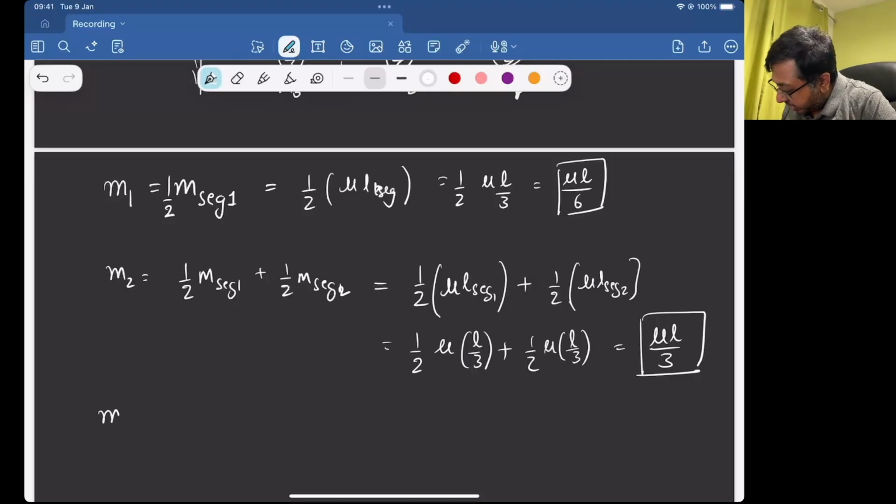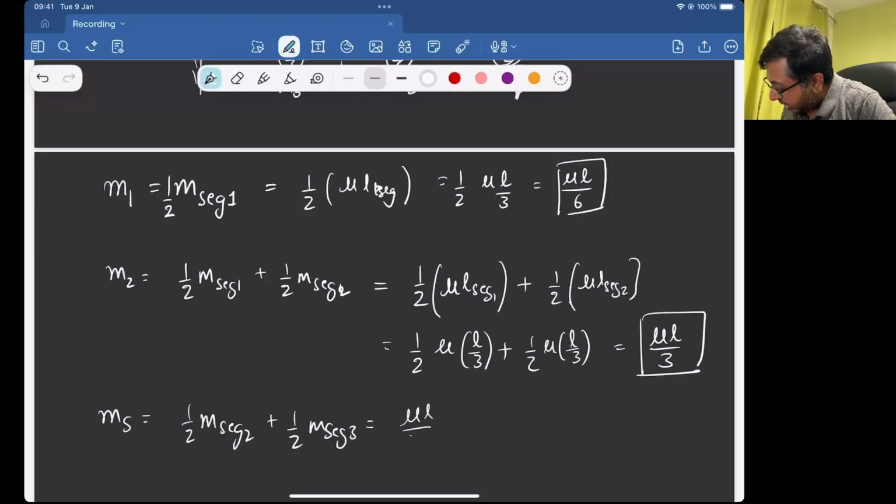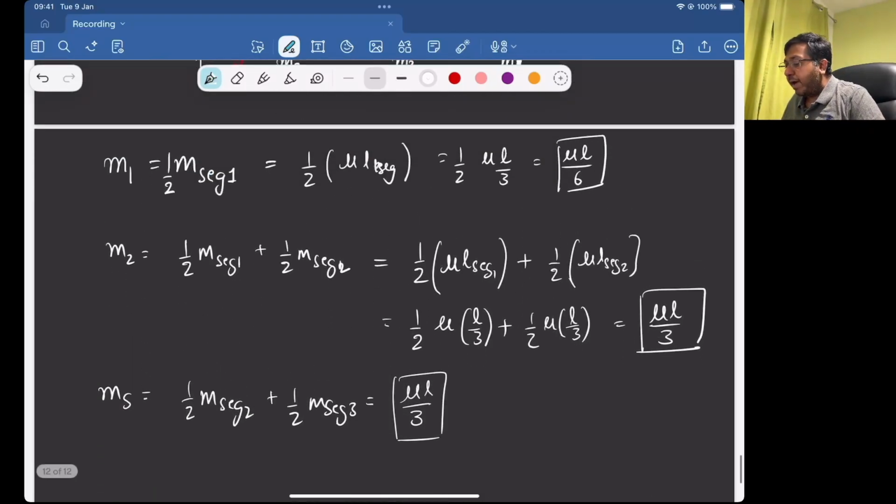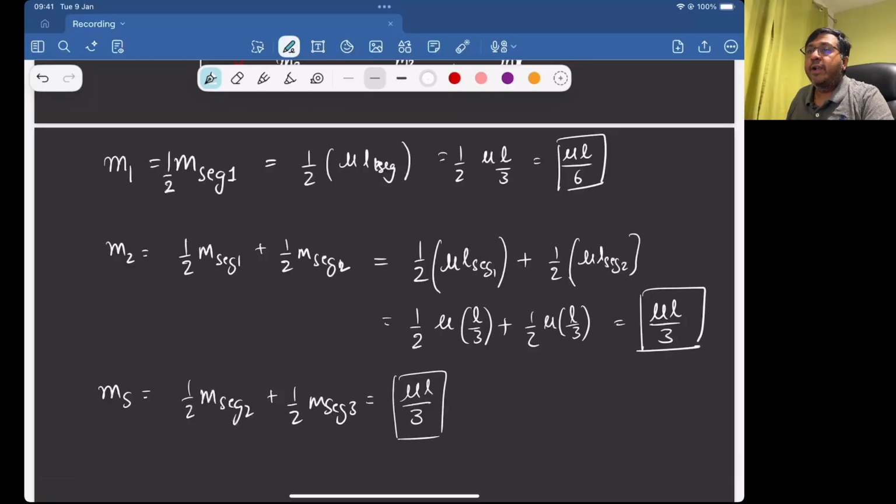Similarly, again, the mass of segment 3 is half of the mass of segment 2 plus half the mass of segment 3. So that's nothing but, I'm just going to directly write it here this time, but you can go back and try to check it out. For mass 3, I have something from segment 2 and something from segment 3. So this was our segment 3, segment 2 and segment 1. Okay, so that way we are able to find what are these three masses that are required in order for us to find